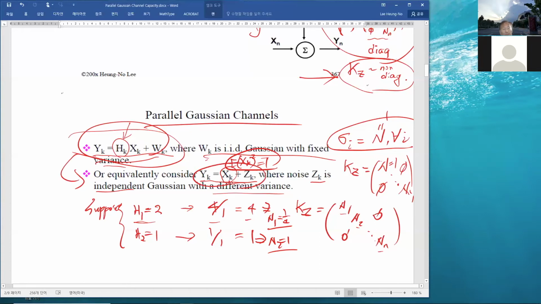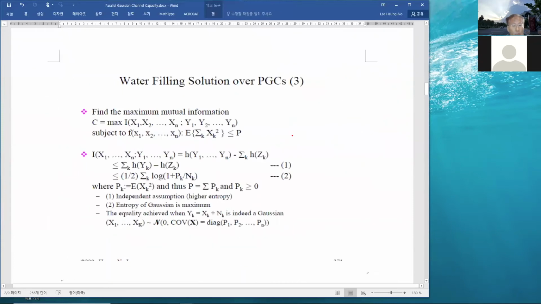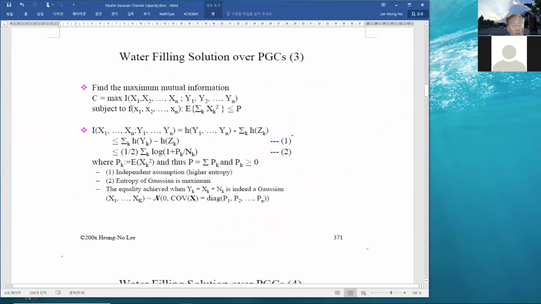Okay, so that's the variation of parallel Gaussian channel problems. So you can talk about the multiplicative signal channel case as well. Okay, that's this part. Right, now let's move on with